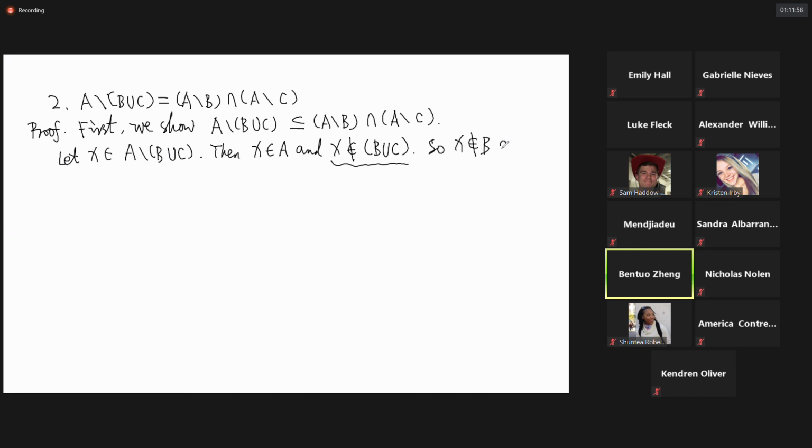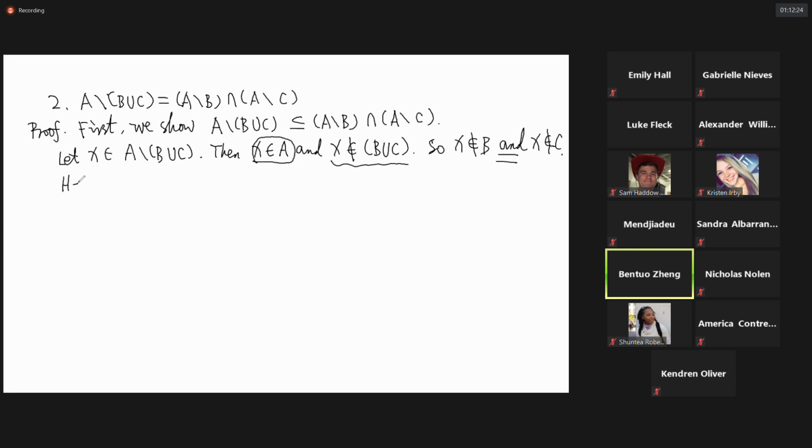Okay, you have to be careful here. This means X is not in B and X is not in C. So this is the key step you have to explain. X is not in B union C means X is not in B and X is not in C. All right, so remember X is always in A,